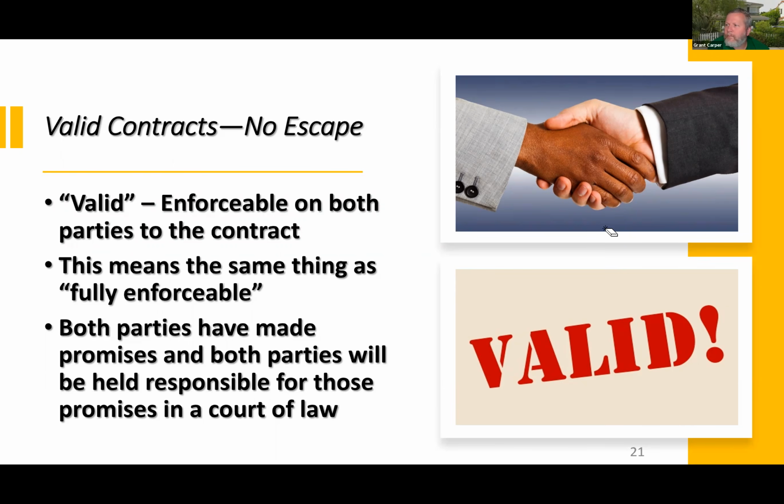So a valid contract is one where every single promise is still in force. There were multiple promises made and all of them are enforced. So simple things, I don't want you to lose sight of this. Let's say that Summer is the seller of a house and Yasser is the buyer. They've agreed that Yasser is going to pay Summer a $25,000 deposit and a $250,000 total purchase price. So Yasser's not only made one promise, but two: a $25,000 deposit and a $250,000 purchase price.